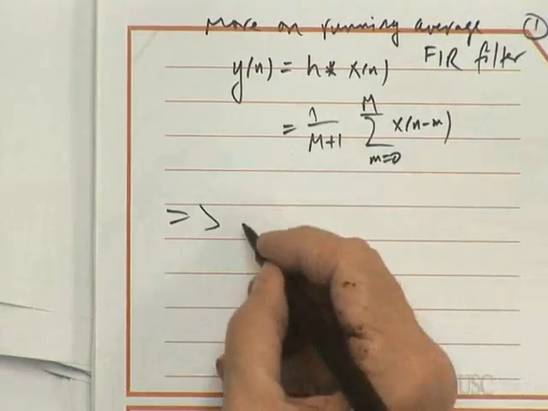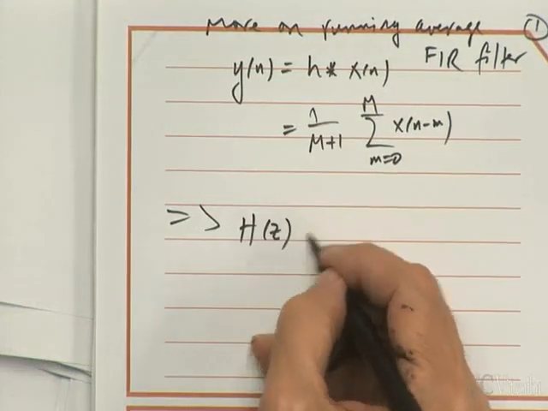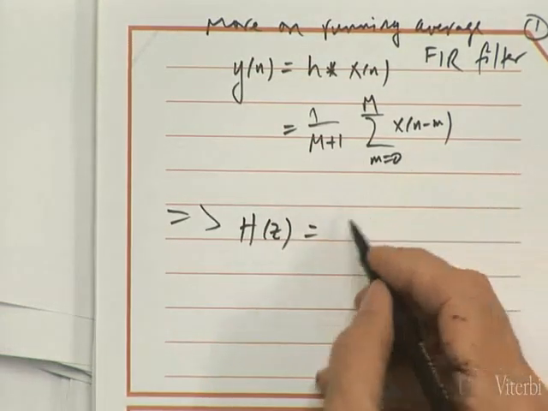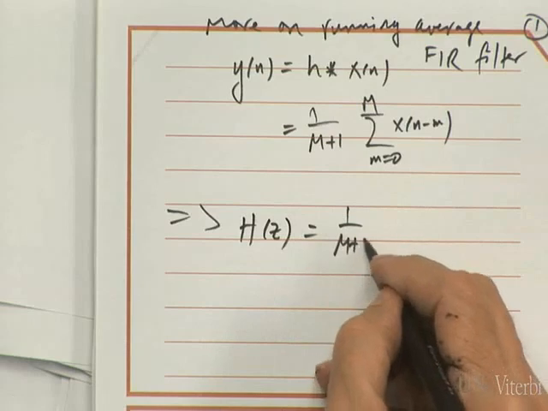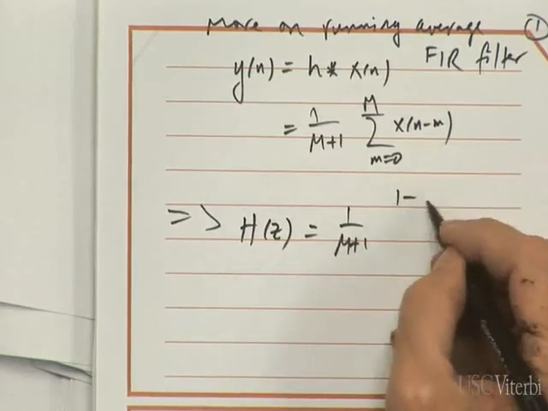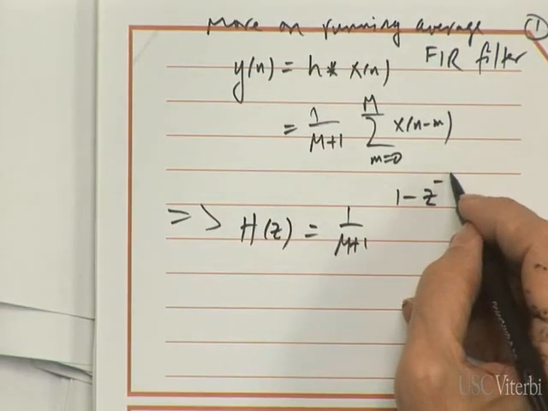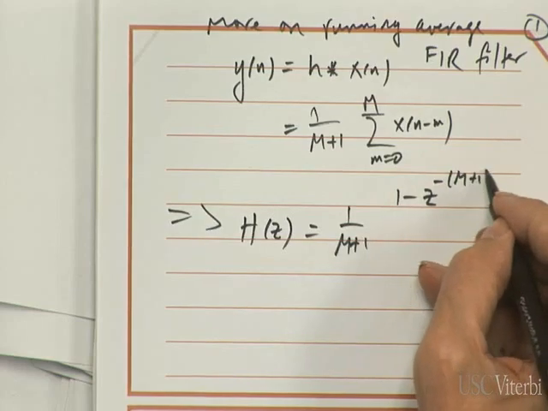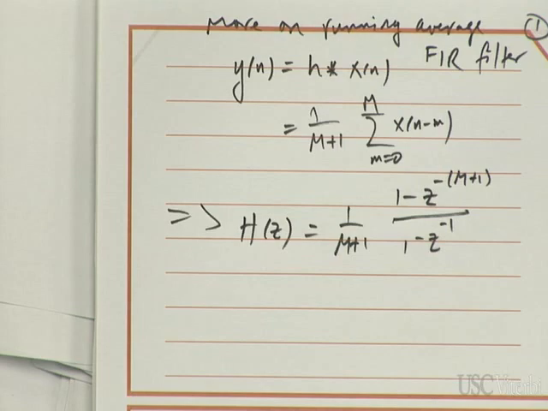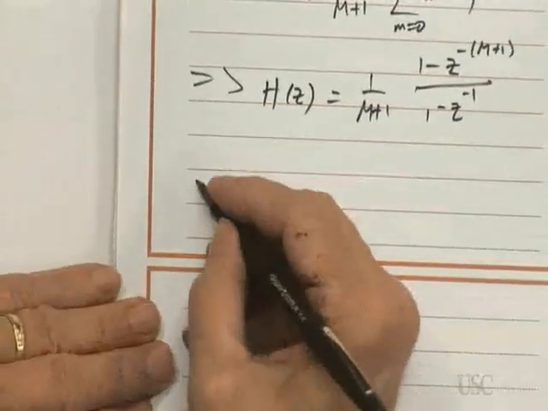So we found that H of z is equal to 1 over M plus 1 times 1 minus z to the minus (M plus 1) over 1 minus z inverse. I'll explain why I'm going back through all this again. Okay, so here's my question: how to implement